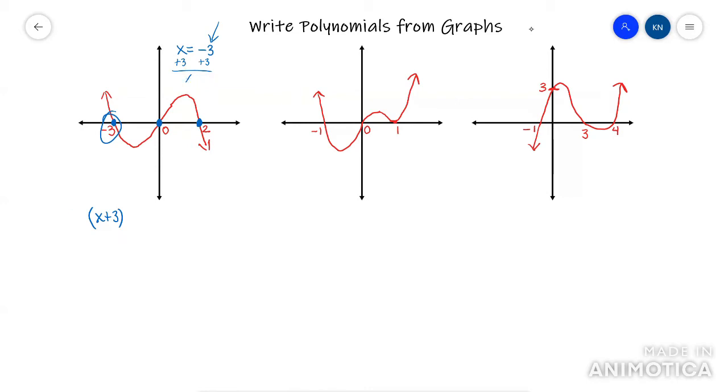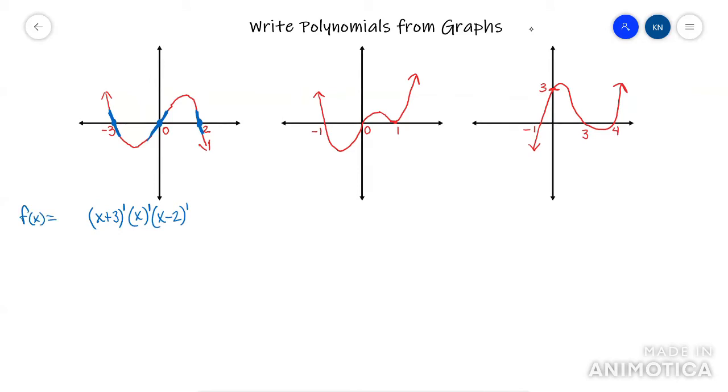All right, so I've got a factor at x plus 3. And I know that it cuts straight through, so that means it has an exponent of 1 there. There's also a factor here at 0. So that's like x plus 0 or x minus 0. You can just put x. And it's a power of 1 because I cut straight through. And then here at 2, I cut straight through as well. So it's x minus 2 to the power of 1. So this is the majority of my equation. The only thing is,